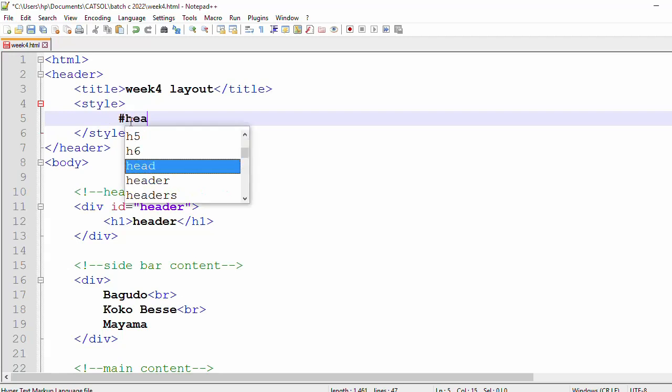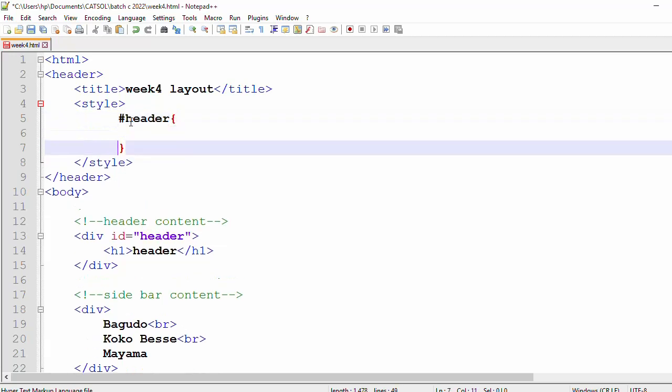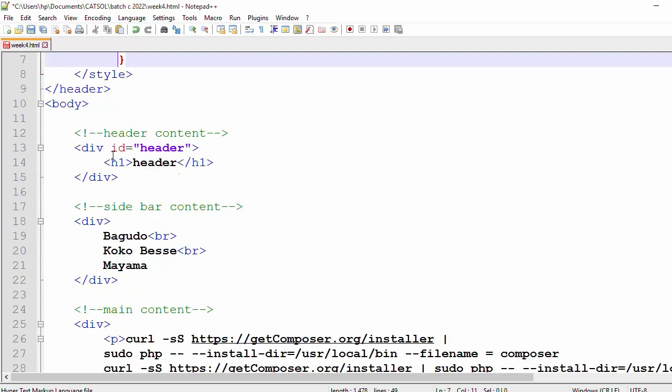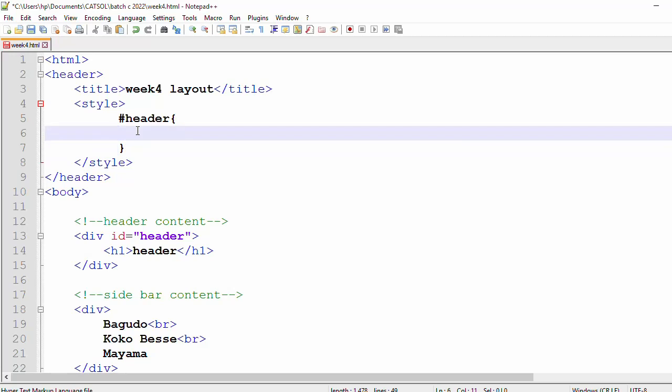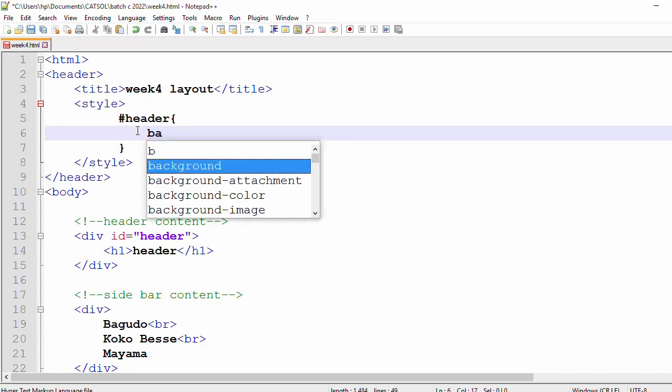I can say okay, header, then I'll give this one an ID, right? So if I come down here, any style I write here will come here and affect this one because it's the only one that has this ID, right? If we put that same ID on this one too, it will have the same style. So now let's try. Let me give it a kind of background